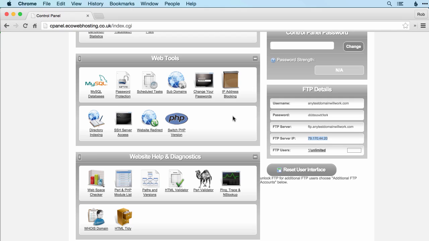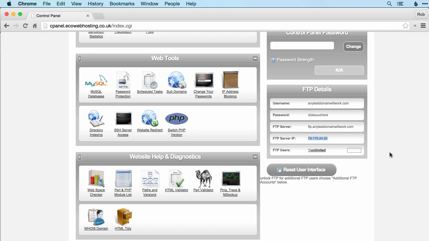So how do you actually access your FTP? You need an FTP program. Now there are lots out there, and if you've used one in particular, then feel free to stick with that. That will work fine with your web hosting and you can use that to upload your files. But if you're not familiar with FTP and you haven't used a program before, I would recommend the browser Firefox